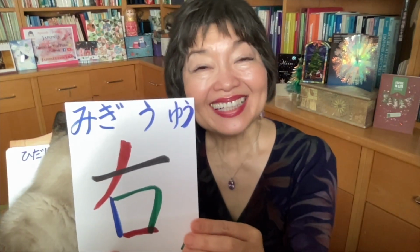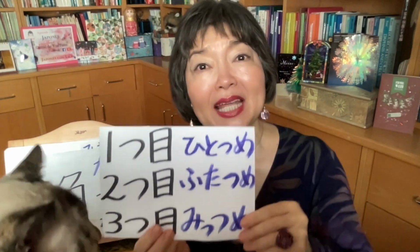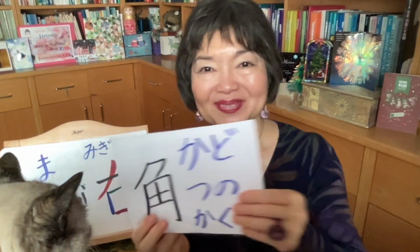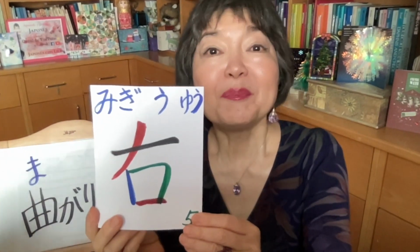Direction: 右, the right; 左, left. Please turn right at the first corner. 一つ目の角を右に曲がってください。一つ目の角を右へ曲がってください。At the end, for example, at the end of this road, at the end of the corridor, we say 突き当たり、突き当たり。